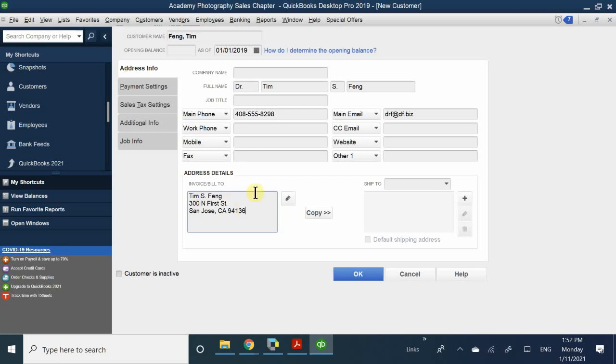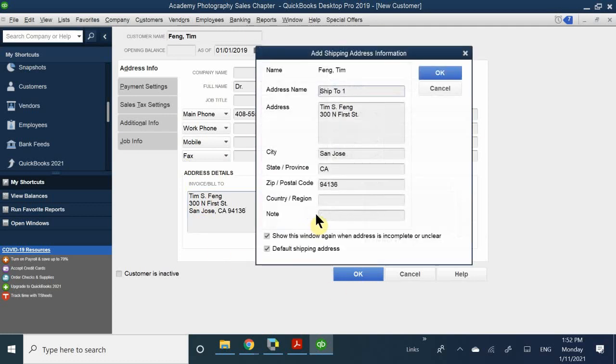And of course, we have that little easy option to say that his billing address is going to be identical to his shipping address. So we can go ahead and click that copy. We're going to confirm that this is correct information. And we're going to go ahead and click